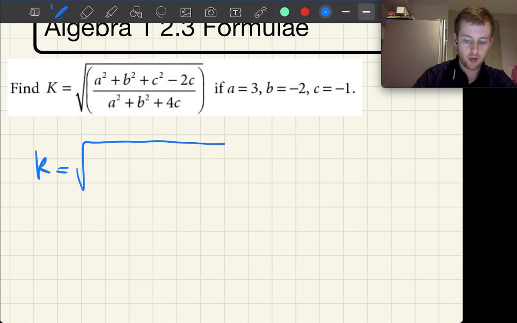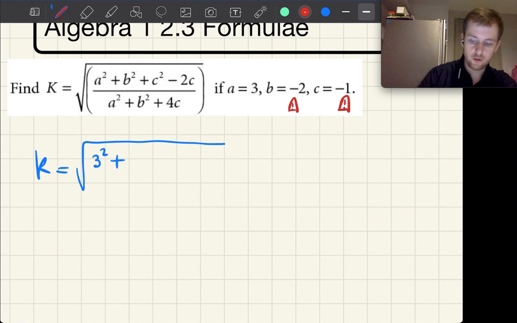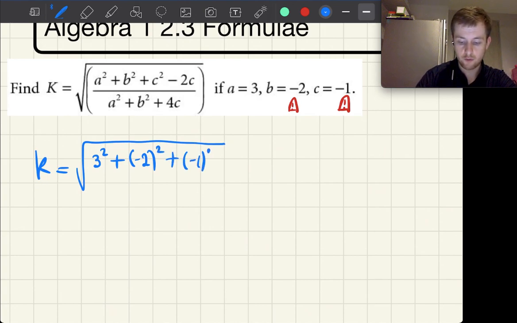and here we go. So a squared, a is 3, so we have 3 squared plus -2. Keep in mind if you have a negative number as your value, it's a big warning sign to you. You have to really watch out to not mess anything up. So best of all, we just put it in brackets like this. So b squared we would write as (-2) squared plus c squared, again the same thing, so (-1) squared, -2c, so -2